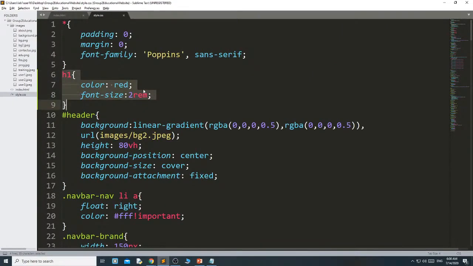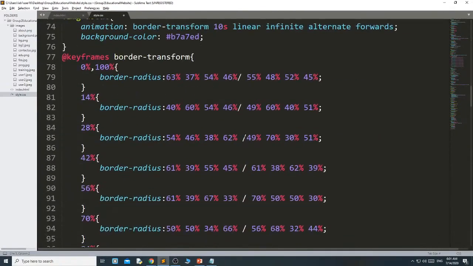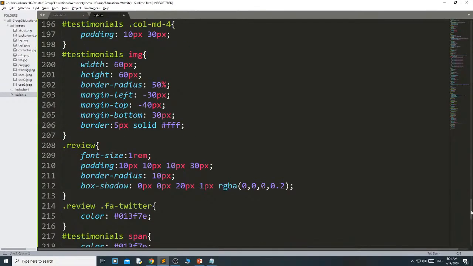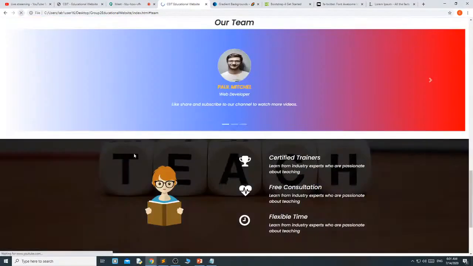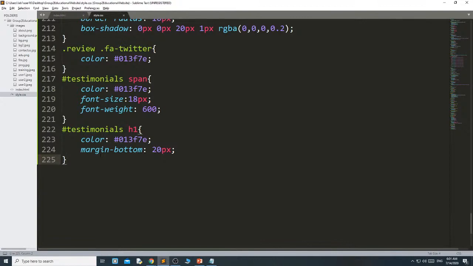Okay, but if you don't want to give any universal style, then no need to give the style here. You can give the style to that particular section. Okay, then the same way I will style the paragraph.